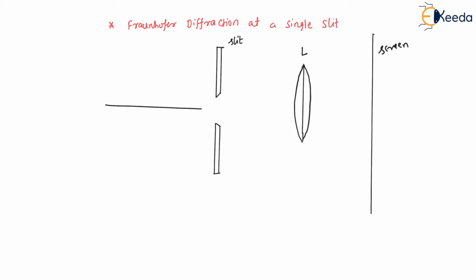As we all know that light is coming from infinity, so all the light rays will be parallel to each other, and all the light rays will also be normal to the slit. So here I'll draw the light rays like this. Now see, here we will consider a single or the first wavefront of light at the slit, or in the plane of the slit. And now I will draw the diffracted light.